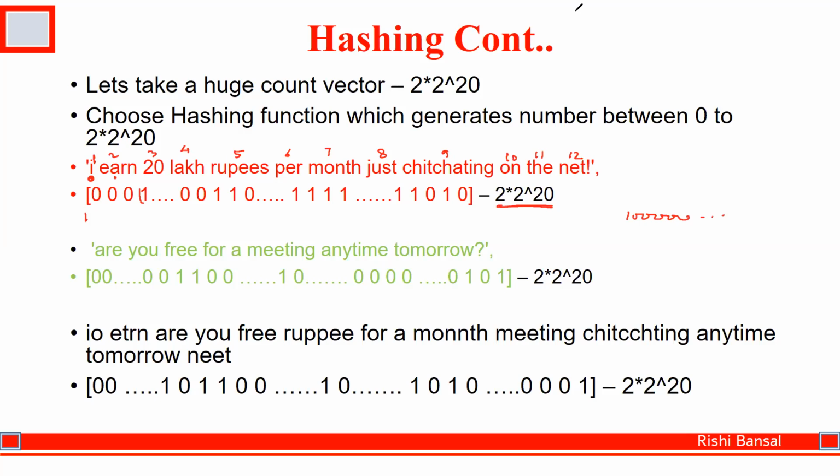Okay, so here what happened? We marked, suppose, this as fourth. The place is 4, so consider that the hashing function gave 4, so it marked it as 1. The true vector you cannot see, it's very big, so it just created a hashing number and created a vector. In the same way for the second message also, it created a vector here. Till this point, is it clear to everyone?